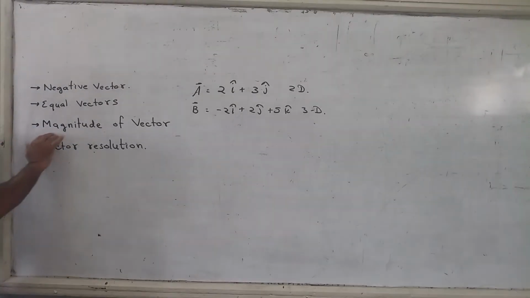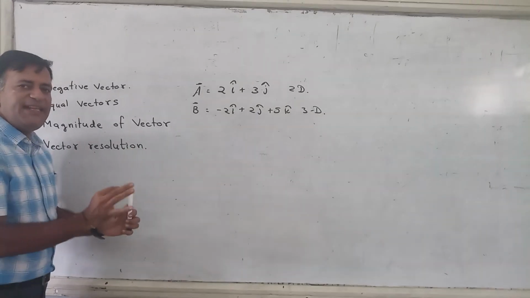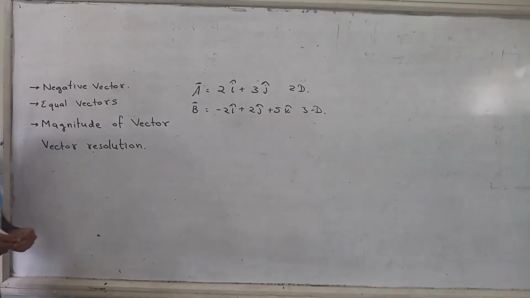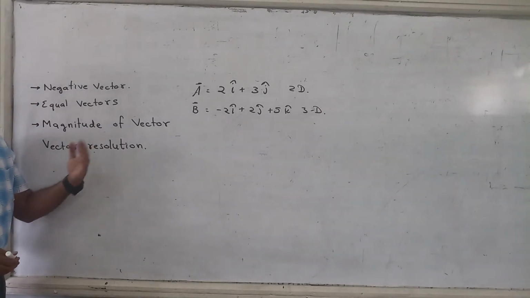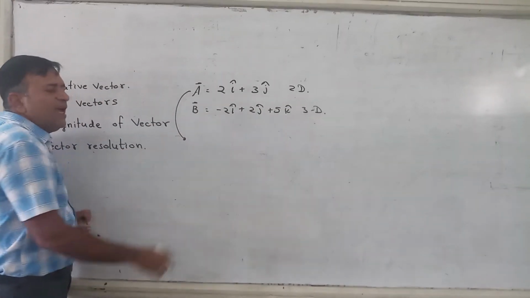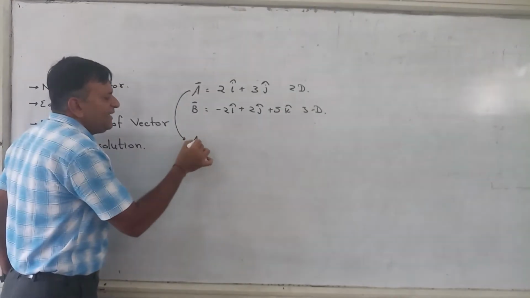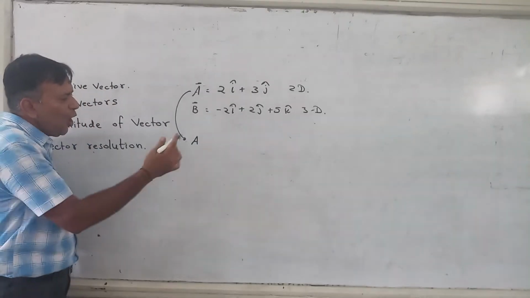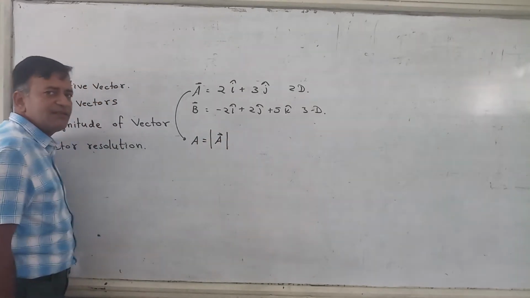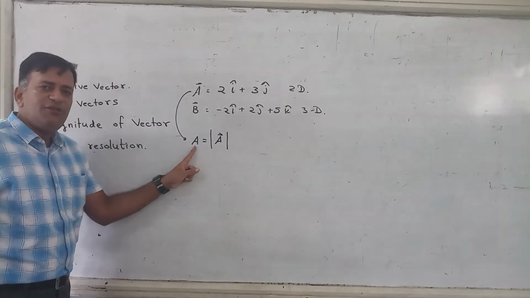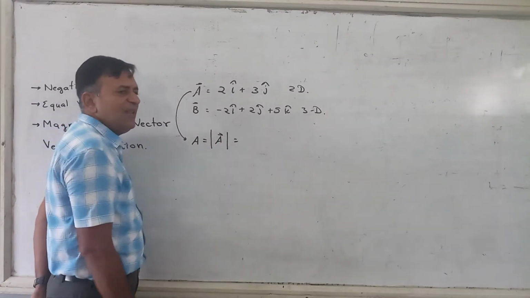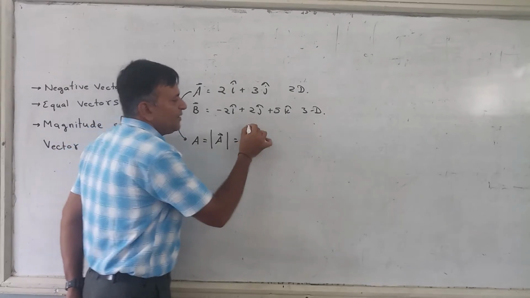Very easy. Finding the magnitude of a vector is very easy. Magnitude means you are not worried about the direction. You have to remove the direction. So, for vector A, how to write the magnitude? Simply write it as A, or you can also write it as vector A inside a modulus. This is the magnitude of vector A. This is also the magnitude of vector A. The formula is very simple. Square root.